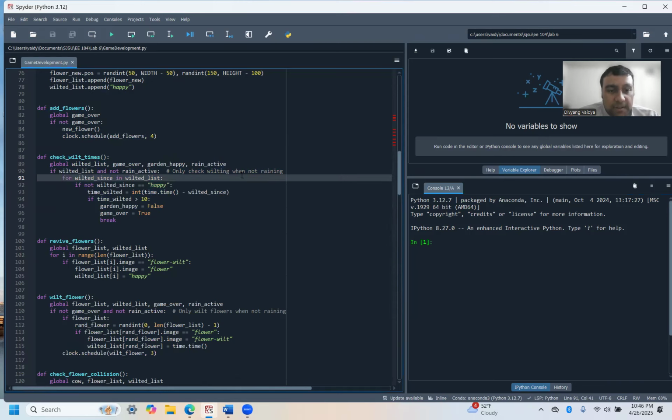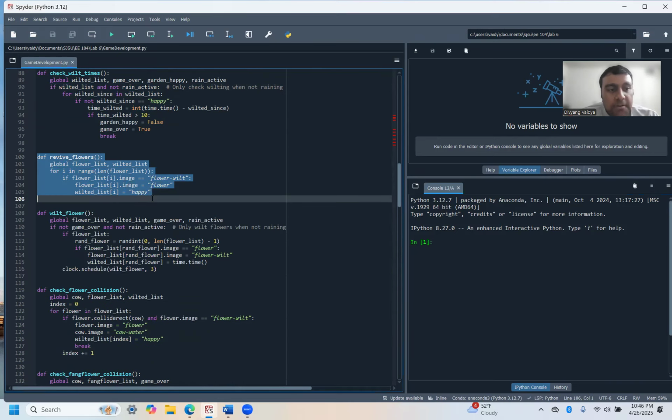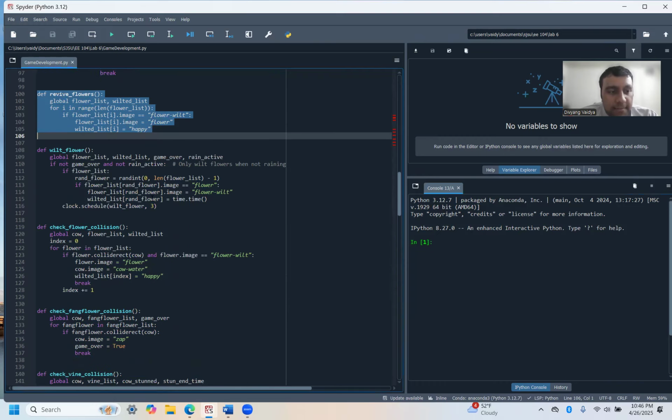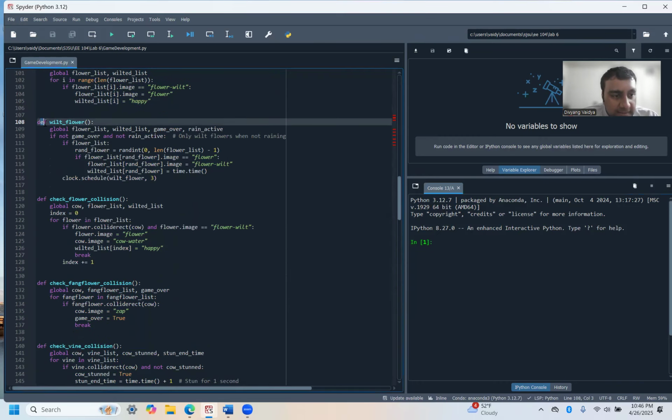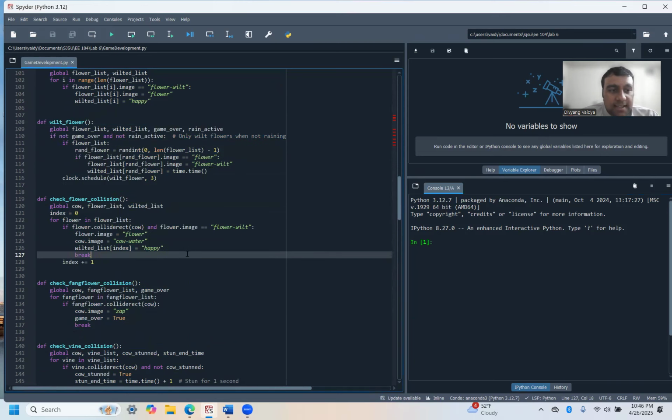And it's only going to check wilting when it's not raining. So if wilted_list and not rain_active, then it's going to check the wilting when it's not raining. So def revive_flowers, you can revive flowers, flower wilt, flower happy, and all these functions from 108 to 131 basically set up the function for